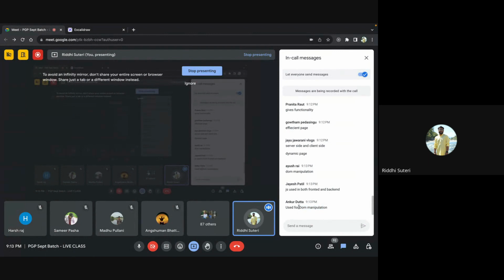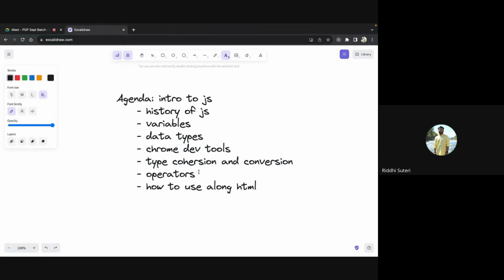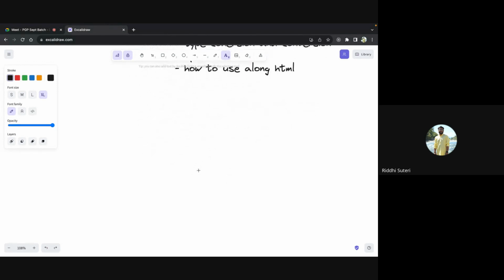This is also slightly incorrect because JavaScript does not have DOM in its core sense. DOM is something which is possessed by the browser only. We'll have a talk about it, right? But let's actually get into the discussion and then we will be able to clear out all of the points. So in my sense, I imagine JavaScript to be like a normal programming language. And when I say this term programming language, I want to highly emphasize again and again that it is a programming language in the very first term, right?